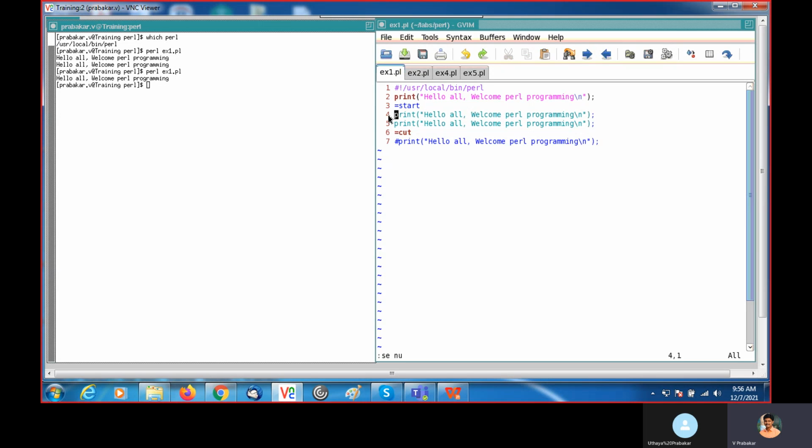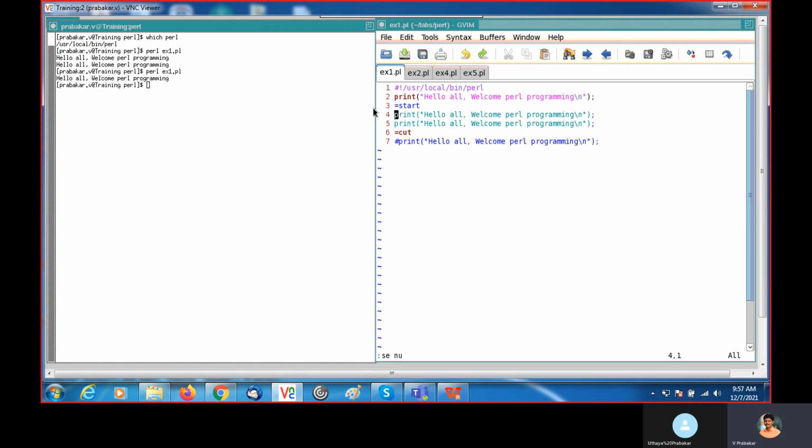Okay, in between, line numbers 4 and 5, I commented. If you want to comment multiple lines, you can use the equal sign followed by a name, for example start. Instead of start, you can give any name here, you can give head, any name. And to end, you should give equal cut. Using this, you can comment multiple lines.